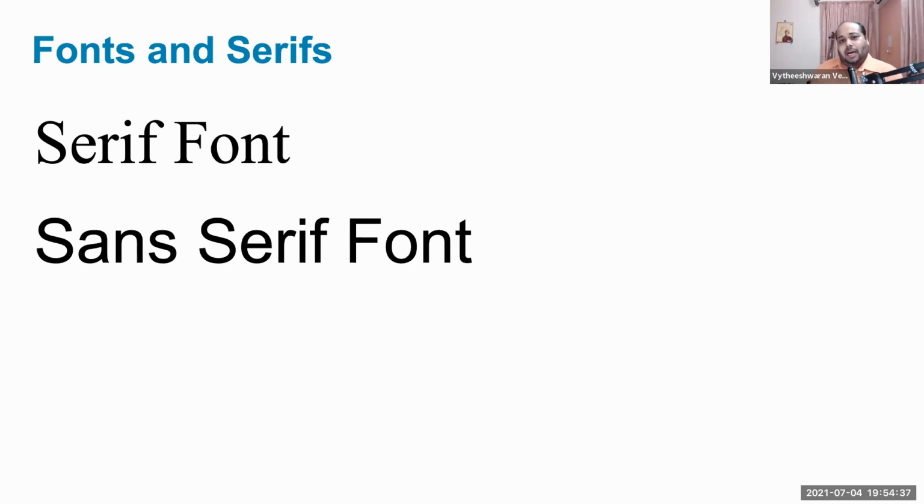Sans serif fonts are good for presentations and places where the amount of text is going to be very, very minimal. Sans serif fonts are much easier on the eye. They look a little bit more pleasing. But if you put too much content with sans serif fonts, it becomes very hard to read. So if you have content which is very little and well spaced out, in those instances you can use sans serif fonts. And for printing material, if you're going to give handouts and notes and things like that, make sure that you select serif fonts for this purpose.